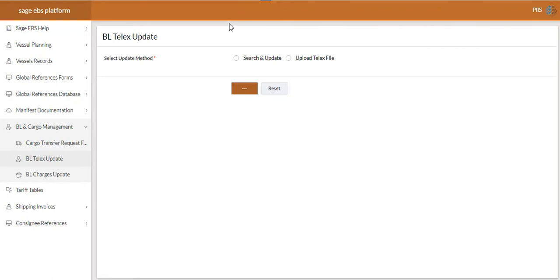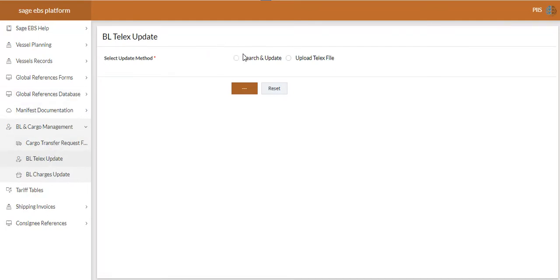In a situation where the client does not want to pay for Telex release, as he has an original bill of lading, on the interface, one will have to click BL and Cargo Management. Then immediately it shows a drop down and one can proceed to click on BL Telex Update.